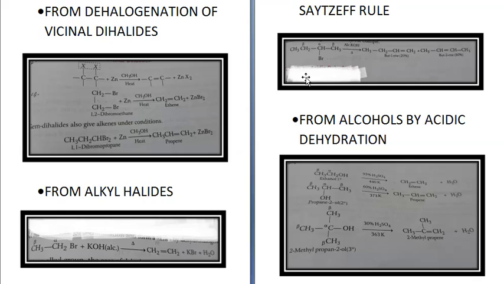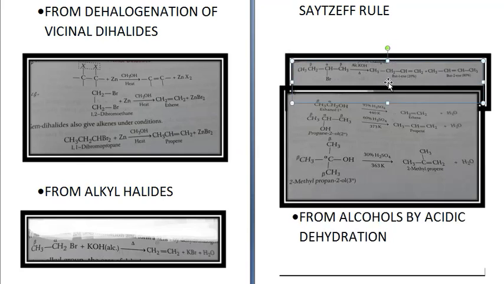According to Saytzeff's rule, highly substituted alkene predominates due to its greater stability. Highly substituted alkene means alkene which has lesser number of hydrogen atoms on the carbon-carbon double bond. Like for example, CH3, CH2, CHBr, CH3. In presence of alcoholic KOH and on heating, it gives you two products, CH2, CH double bond,